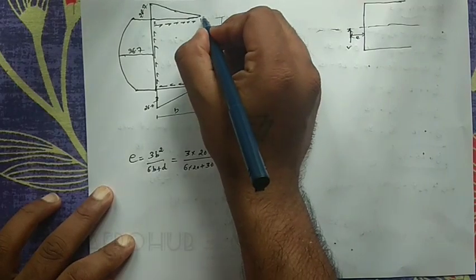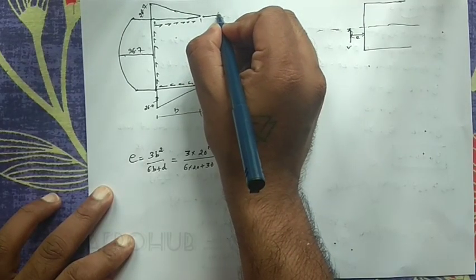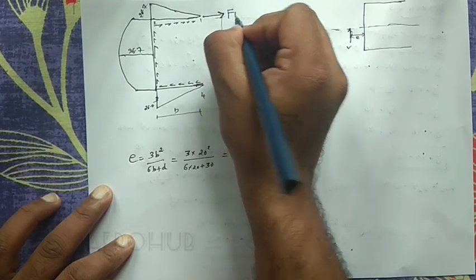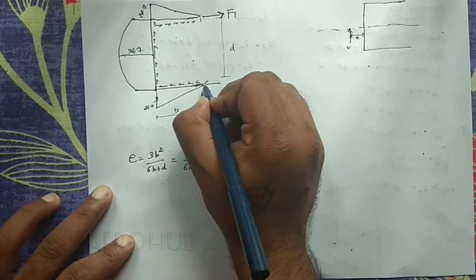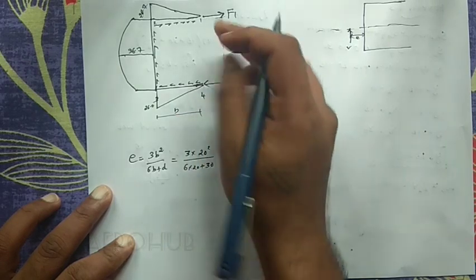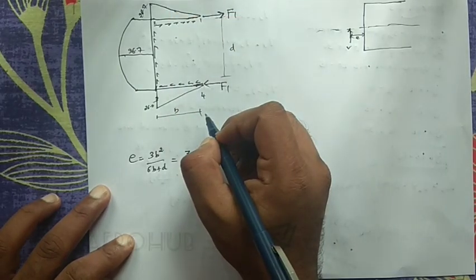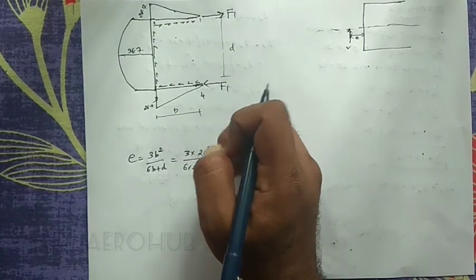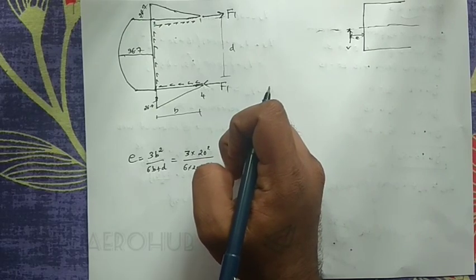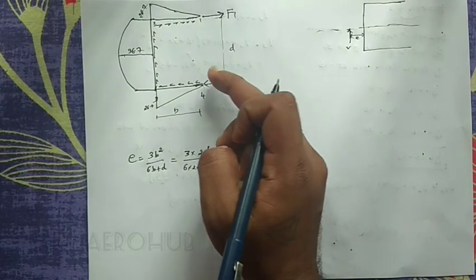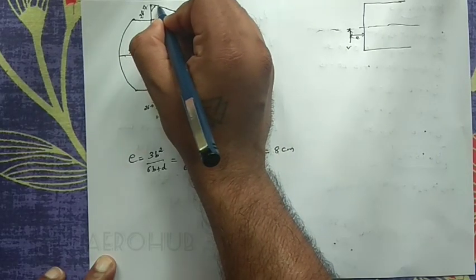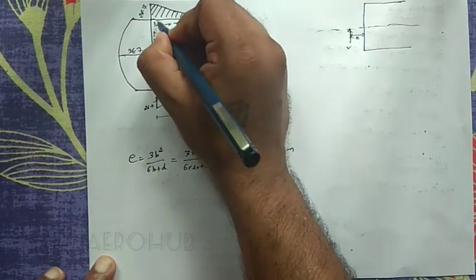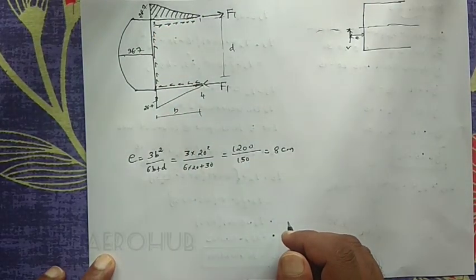As you can see, there will be a shear force acting on this particular flange, that is F1, and we will be having a shear force acting same here, F1 here, because from the analysis of shear flow we can see that the shear flow distribution for upper flange and lower flange is almost the same. Now to find out the value of shear force, we have to find out the area of this triangle. The area of the shear flow diagram will give